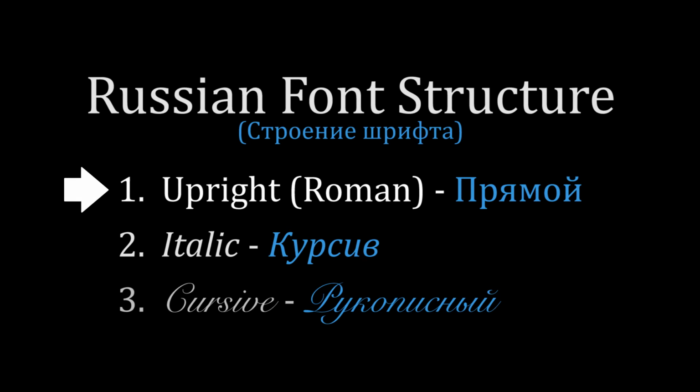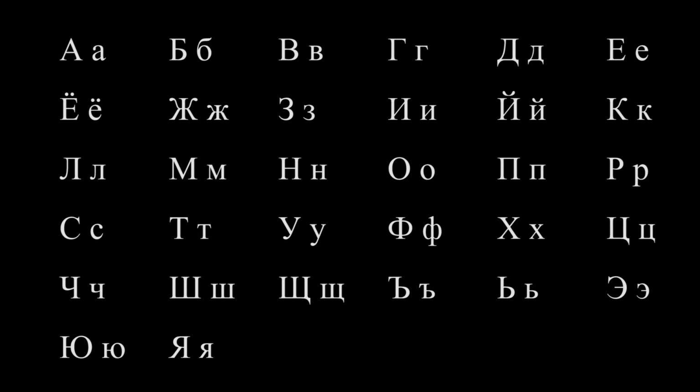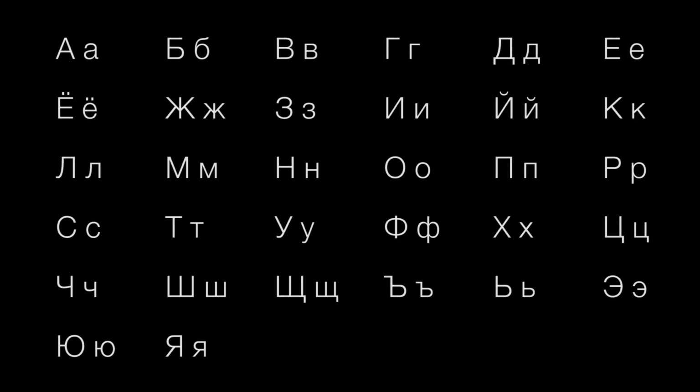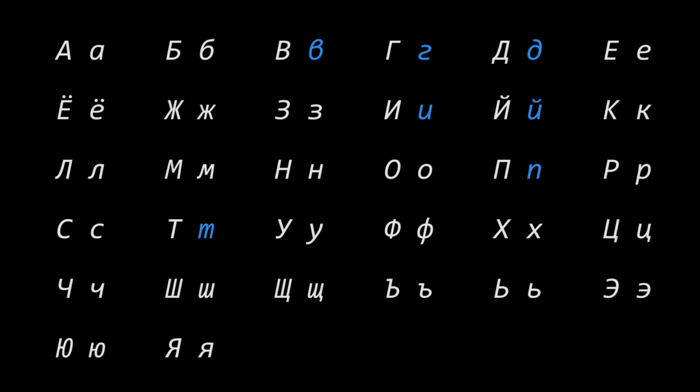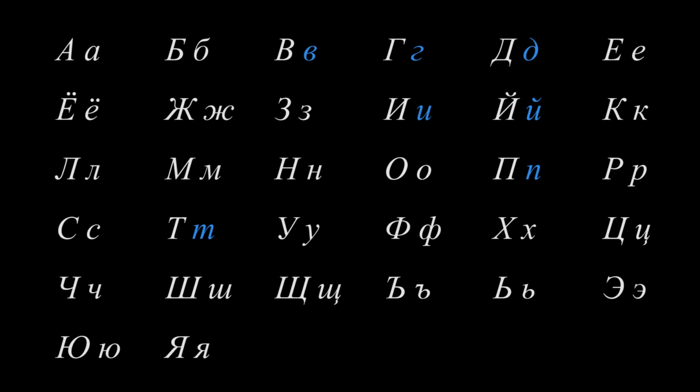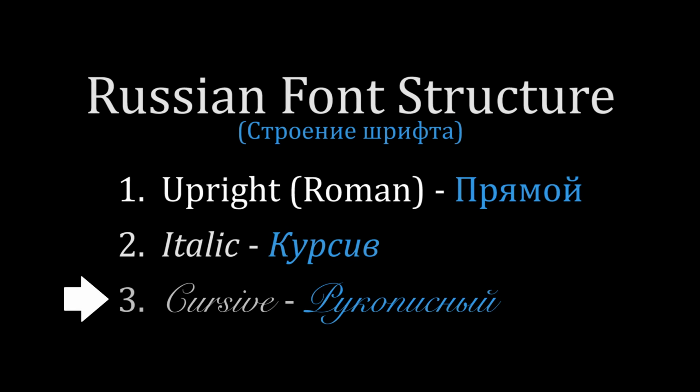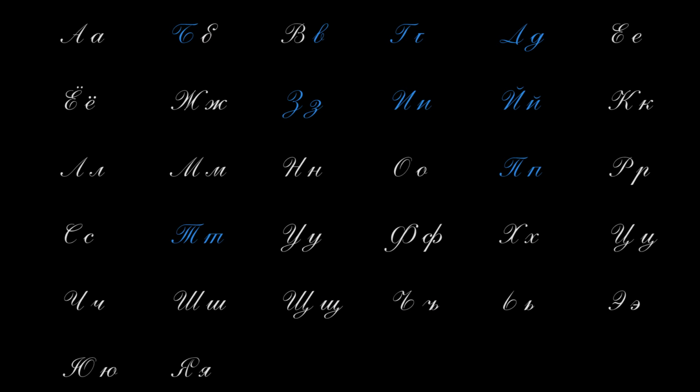We begin with the upright font structure, which includes serif and sans serif variations. This structure is the most widespread in written text and will serve as our foundation. Next, we look at the italic structure, which also includes sans serif and serif constructions. Notice that the letters highlighted in blue have changed shape from the previous upright structure. Finally, we will look at the cursive, or handwritten structure, in which several letters have changed their shape. It is expected that in this structure, each letter in a word will be connected.